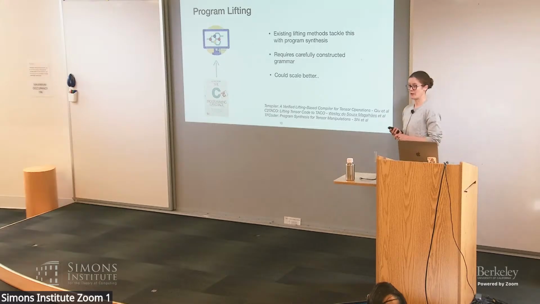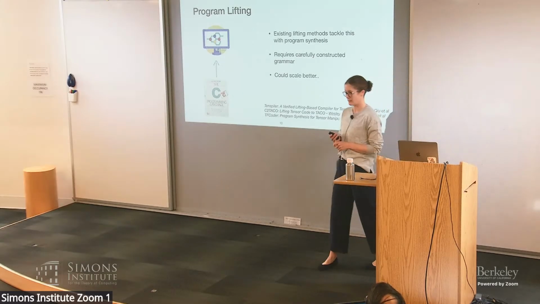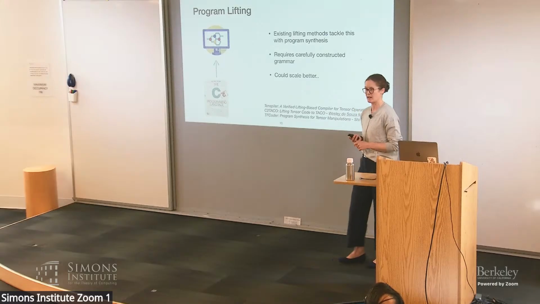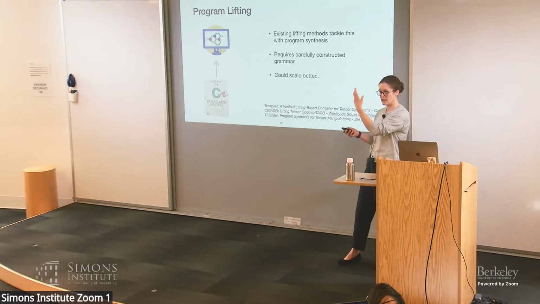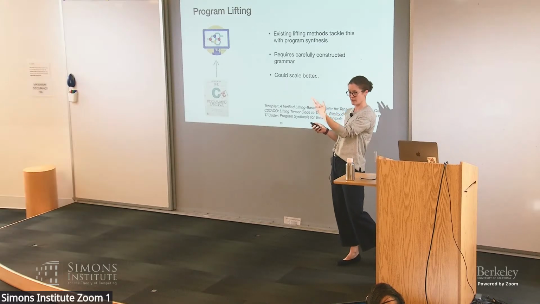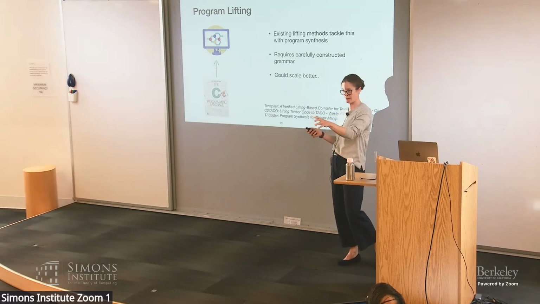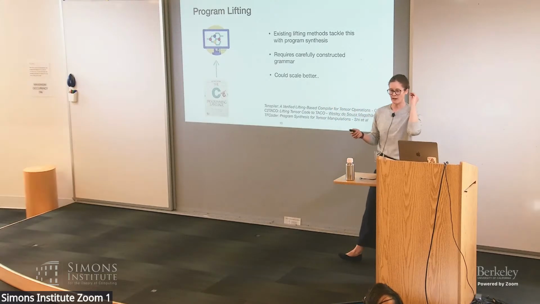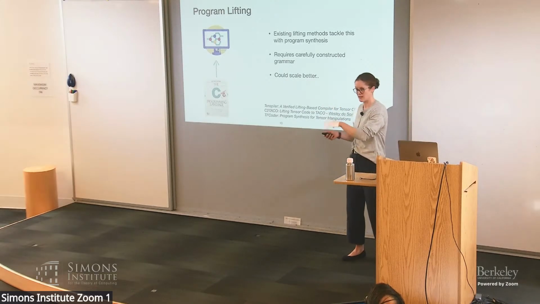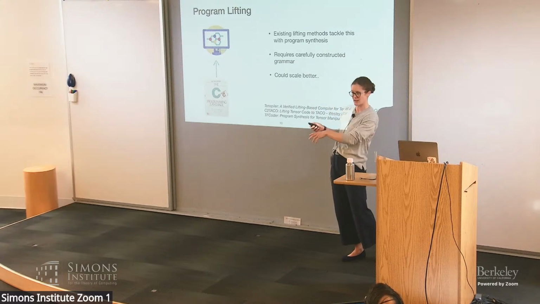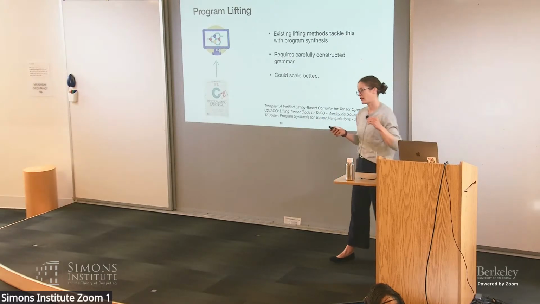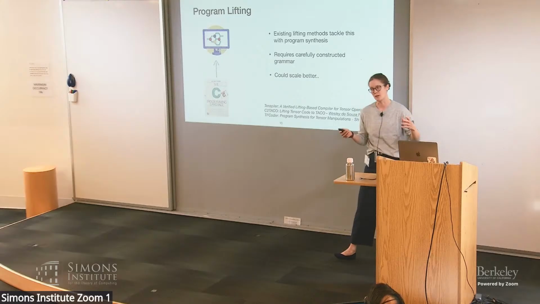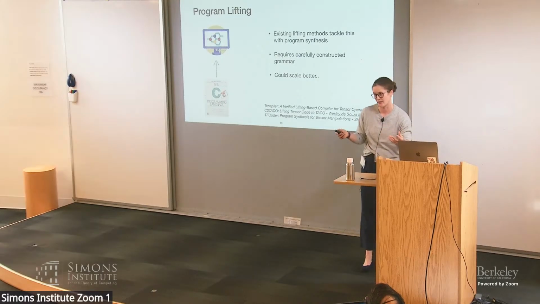So different people have done different things. Alvin's work on verified lifting has an encoding of the semantics of the target language into an IR. That means that he can do the verification on this IR because they know the semantics of the target and the source language, so the low and the high level language. In the case of things like C and Taco, Taco actually compiles down into C, so you can map the two C programs. But you need invariants to prove equivalence, right? Yes. So if you want full equivalence, you need to come up with some invariants.